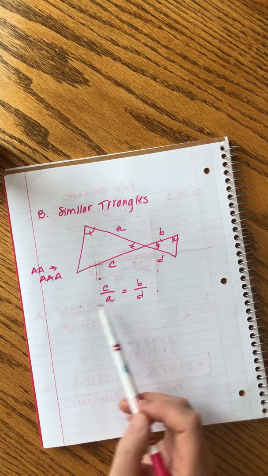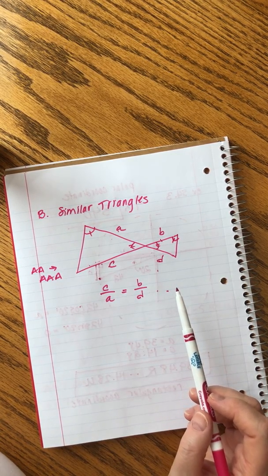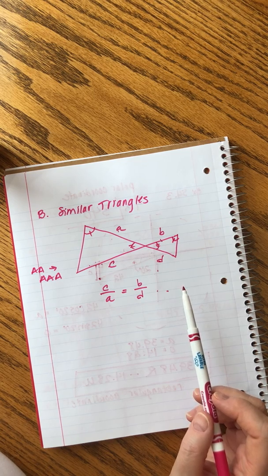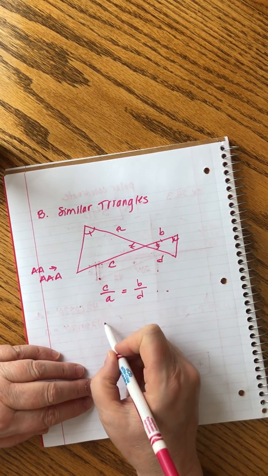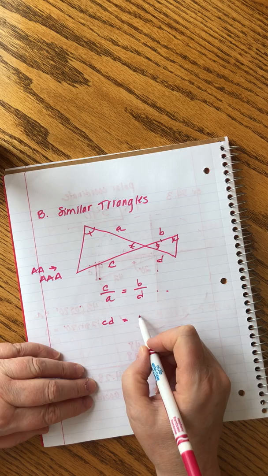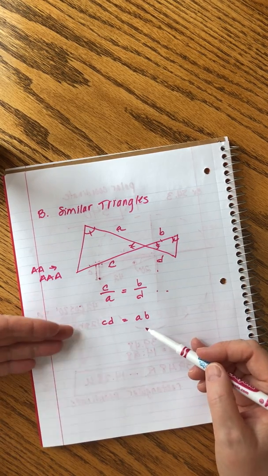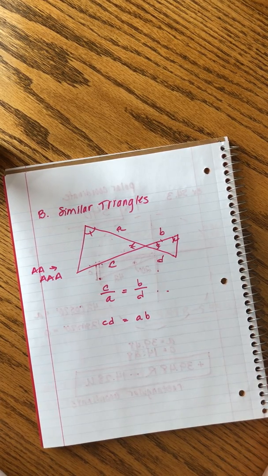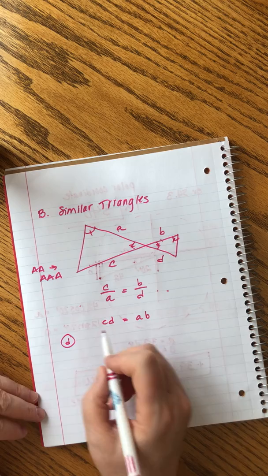Now, we have this proportion. We don't have any numbers, we just have letters. So the point that John makes is that we can solve this for any letter that we want. We would start by cross multiplying, right? We'd say CD equals AB, I'll put them alphabetical, and now we could solve this for any one of those four letters because it's an abstract equation. So we look to John and he says, if we want to solve it for D, well, what would we do? We would divide